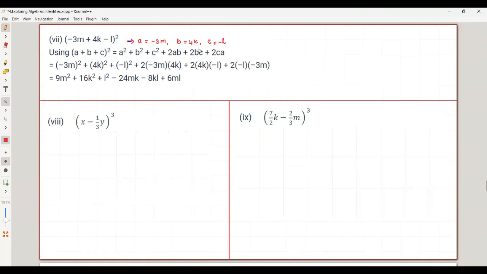So we replace a, b, c in the formula. a square means minus 3m the whole square, plus b square, 4k the whole square, plus c square, minus l the whole square, plus